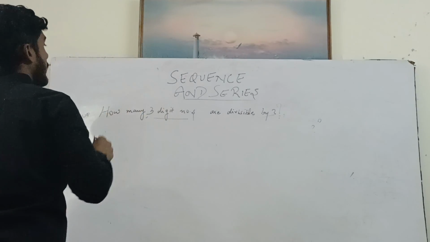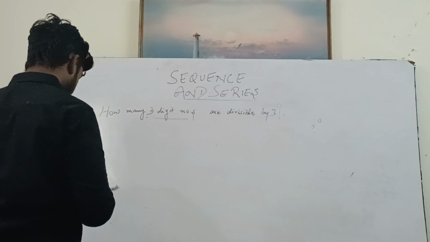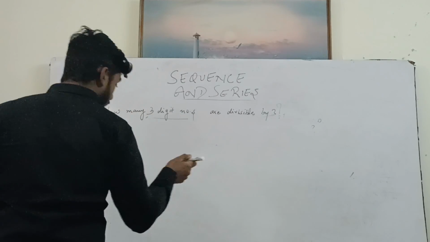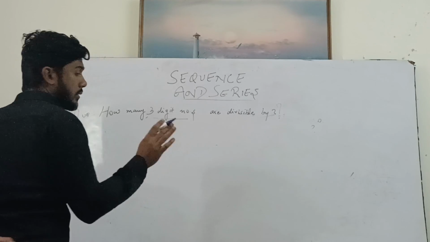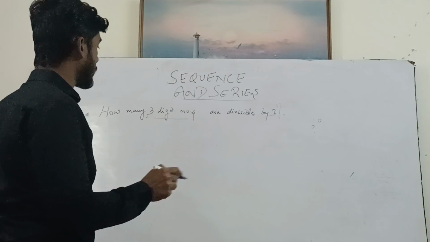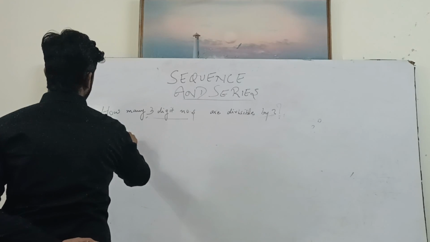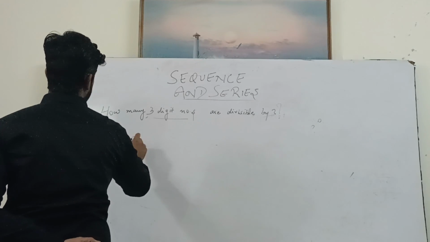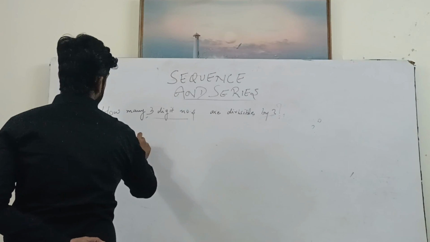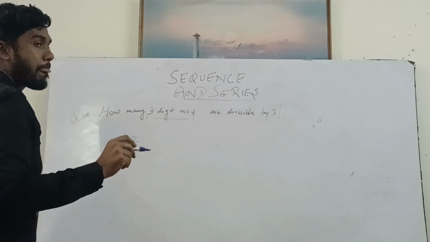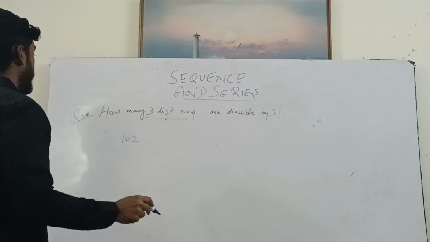How many 3 digit numbers are divisible by 3? पहला कौन सा नंबर होता है 3 से डिविजिबल? 100 होता है। सबसे छोटा 100 नहीं, 100 लिखा, सम कितना आ रहा है? 1 नहीं होता है। 101 में 2 आ रहा है, 102 में 3 आ रहा है। 1 plus 2 is 3। इसका मतलब 102 is the number which is divisible by 3।